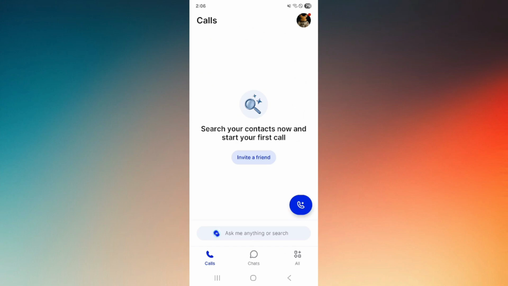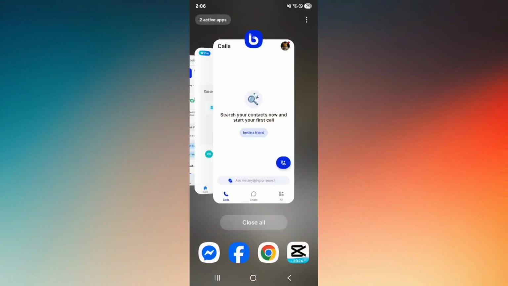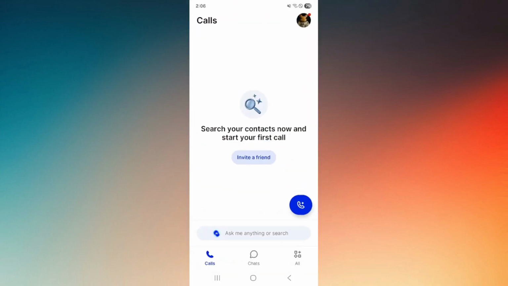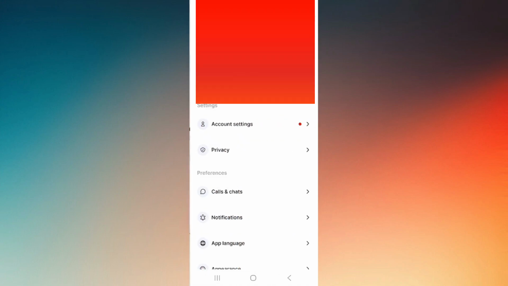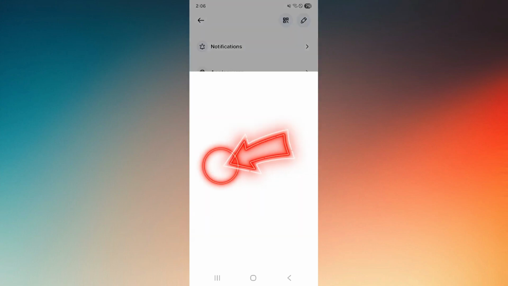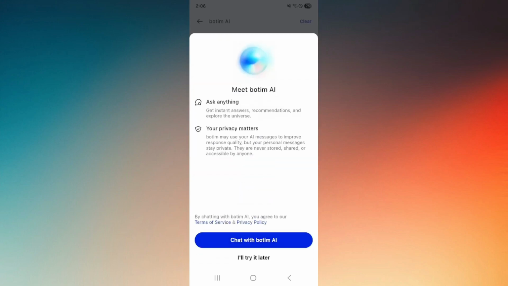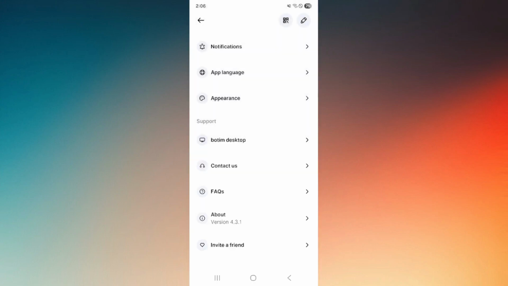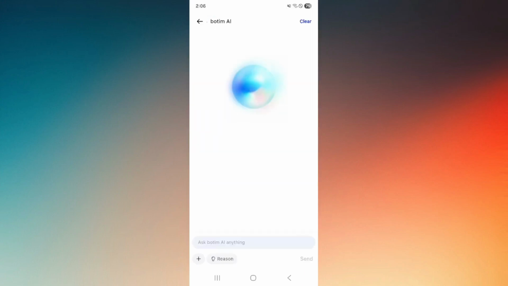So what you have to do is pull up your Botim application and make sure that you're logged into the account that you would like to have deleted. At the top right, tap on your profile picture, and then from here, scroll all the way down and choose Contact Us. You will be redirected to Botim AI,